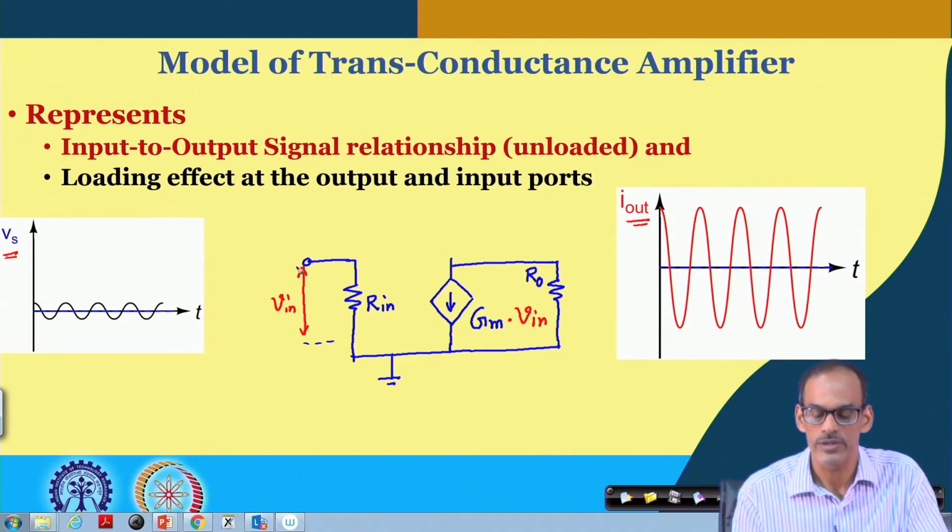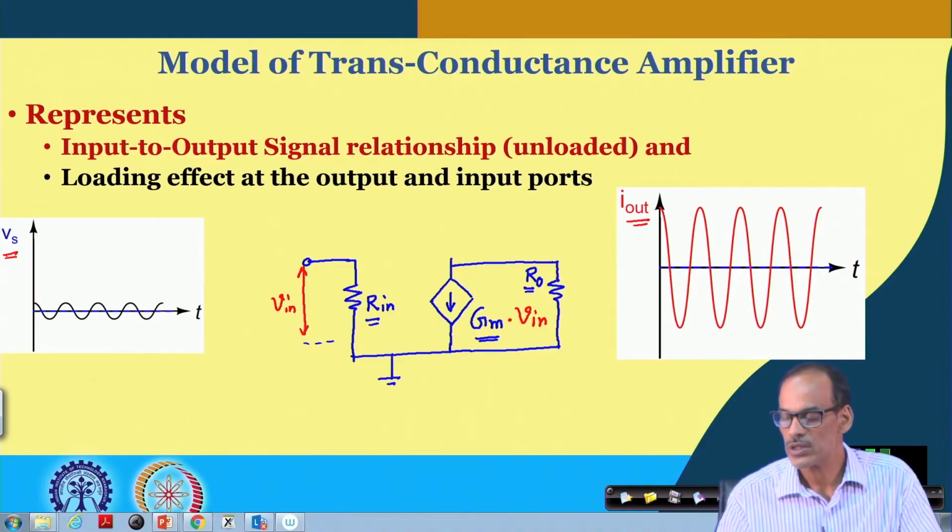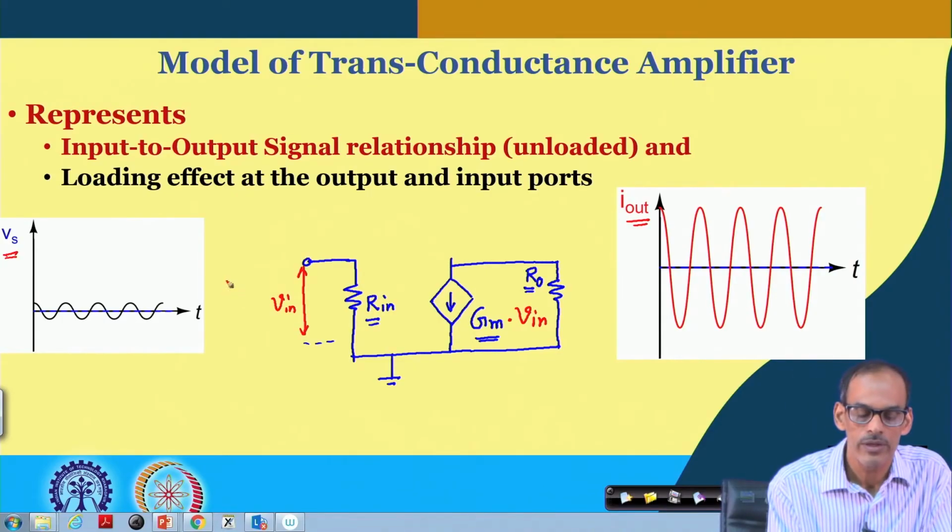Note that if this R in is higher, it is better in case the signal is in voltage. Anyway, we do have these three elements. One is the transconductance of this amplifier, output resistance, and then input resistance. And of course, at the input, we are feeding the signal in the form of voltage,